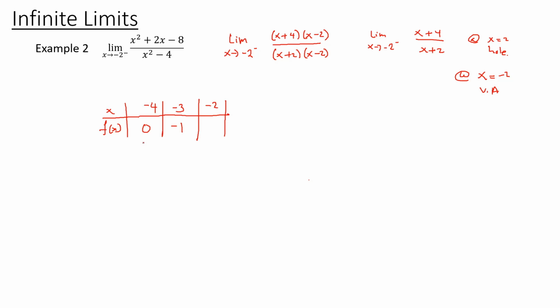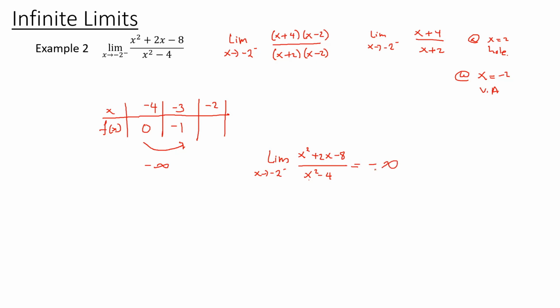So notice that as you get closer and closer to negative 2 from the left side, the value is decreasing, which means your answer will come out to be negative infinity. So we could say that the limit as x approaches negative 2 from the left side of x squared plus 2x minus 8 over x squared minus 4